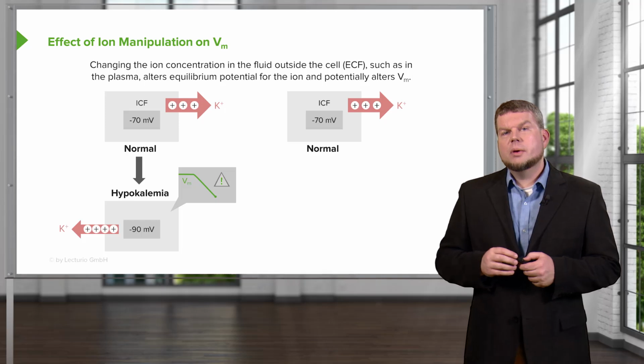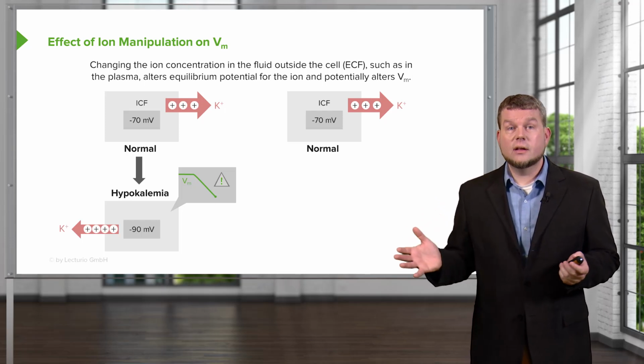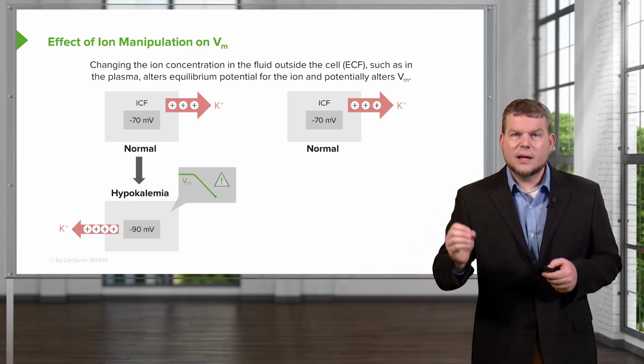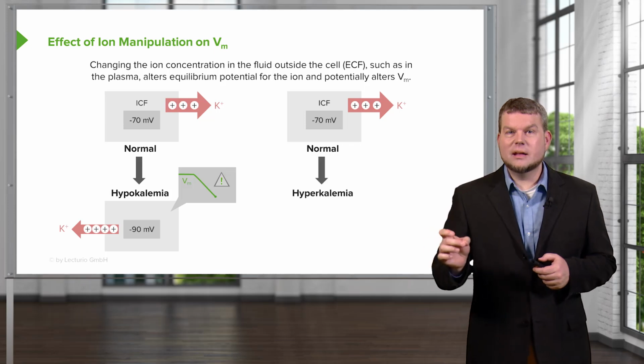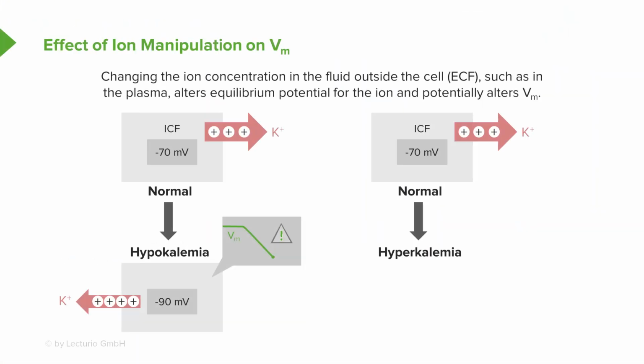What if you start with a membrane potential that's normally about -70? You have the normal potassium leak out of the cell, and now instead of hypokalemia, we're in hyperkalemia. We have a high amount of potassium outside the cell. This could be for many different reasons. It could be because other cells in the body are pushing their potassium out of the cell, which sometimes happens during an acidosis. It could also be that you have dietarily intaken more potassium than you need. So if you're in a hyperkalemic environment,